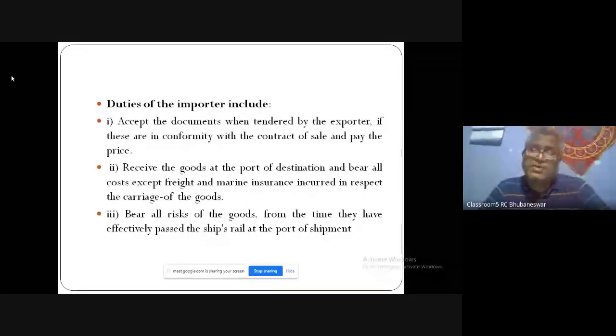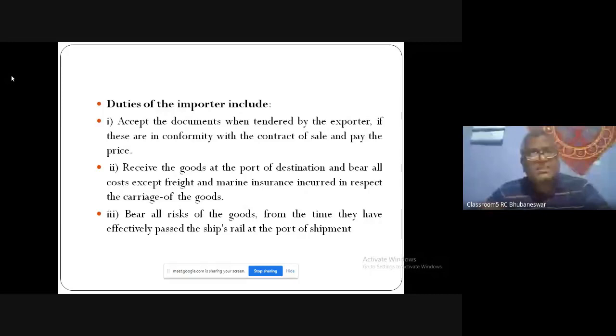He should accept the document. He should check the conformity of the document. That is called a contract of sale. I have already stated regarding some rules, so the proper law is there. If any conflict arises, and in previous classes we have already discussed, if any conflict arises, some guidelines are there. That is litigation, arbitration process, conciliation process, proper law. But in such a scenario, the pay and sale of contract and price and receive the goods